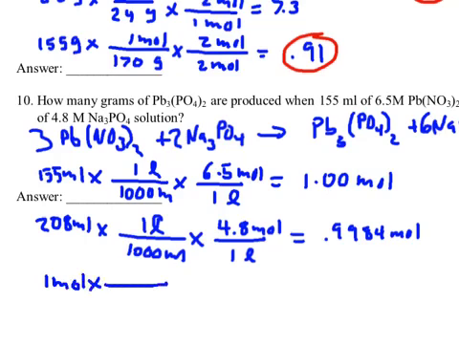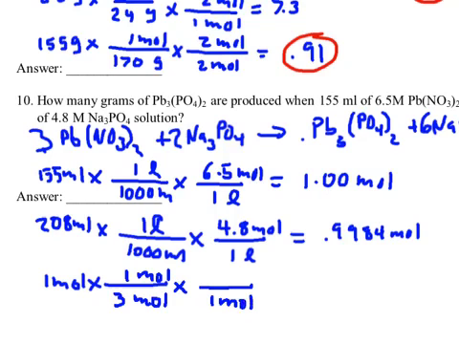And now I'm going to look at it and say, well, let's just see here. It took 3 moles of lead nitrate to make 1 mole. Oh, what did I just do? Darn it. It takes 3 moles of lead nitrate to make 1 mole of lead phosphate. So 3 moles of reactant made 1 mole of product. I don't want moles, I want grams. So I'm going to say 1 mole